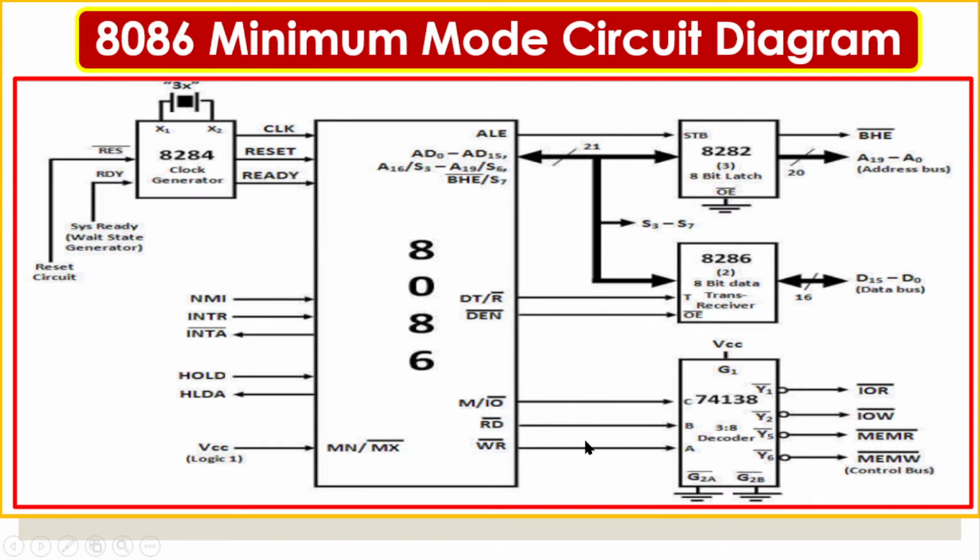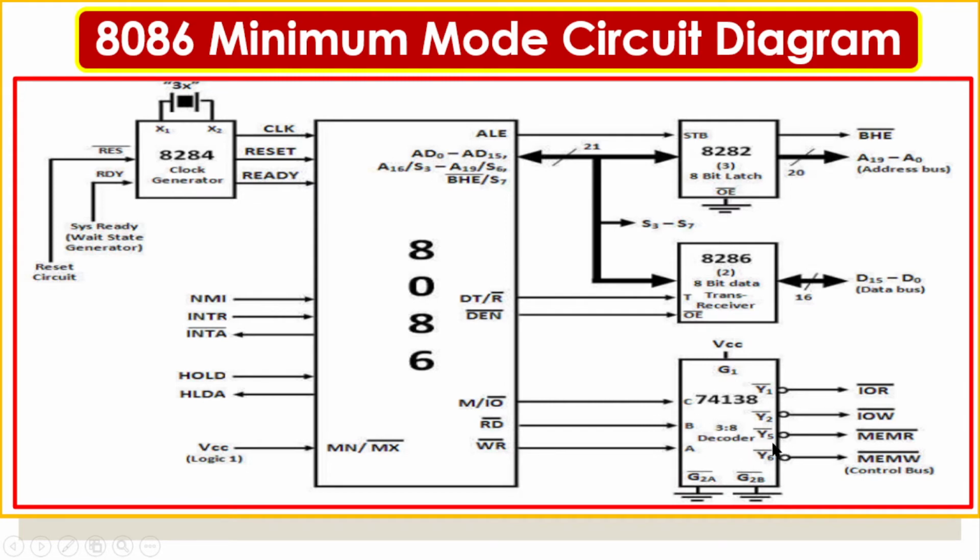But we need to have separate IO read, IO write, memory read, and memory write. So for that purpose, we convert from 3 signals to 4 signals with the help of a decoder. This is a 3 into 8 decoder, 2 power 3 inputs, 2 power 3 outputs. That's the function of this decoder. Based on these 3 inputs, if all are 0, it will enable the first output. If 0, 0, 1, it enables the next one. Likewise Y1, Y2, Y5, Y6. Based on the combination of these inputs, the corresponding signal is enabled.